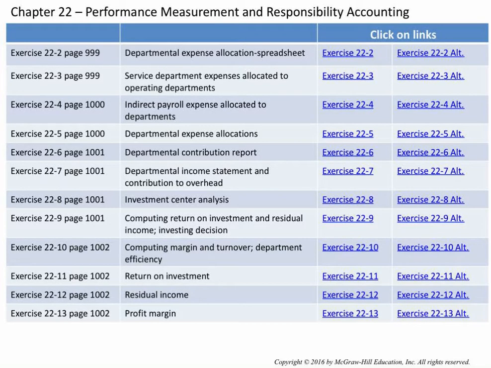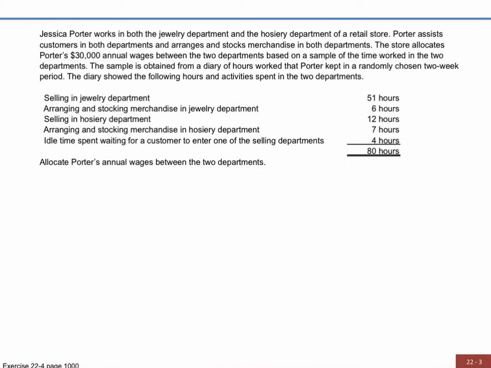This week we're going to start off by taking a look at a couple exercises from Chapter 22. The first exercise we're going to look at is allocating wage among the varied departments of a company. Here we have one employee and she's going to work for both the jewelry department as well as the hosiery department. Over a 2-week span, she earned a wage of $30,000, but in determining what the cost should be